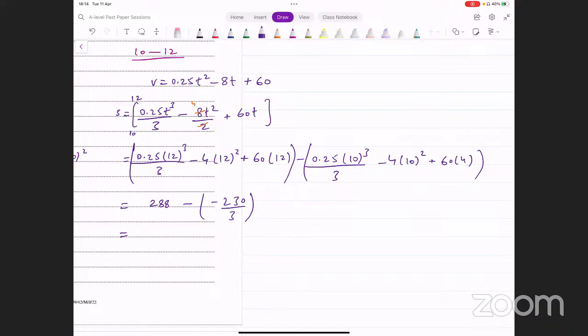60 को 4 से मैंने क्या कर दिया? Oh, yeah. So thank you for that. Okay, so that's what happens when you try to do this in a hurry. 60 into 10. Thank you for pointing that out. मैंने यहाँ पे 10 डाल दिया. Let me correct that. If I put 10 there, that gives me